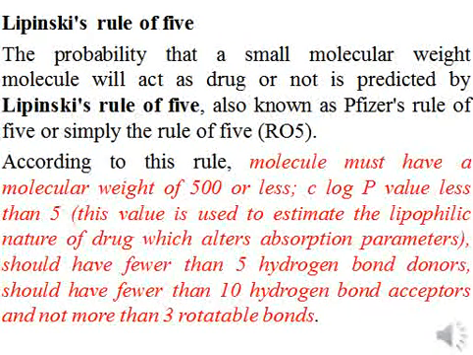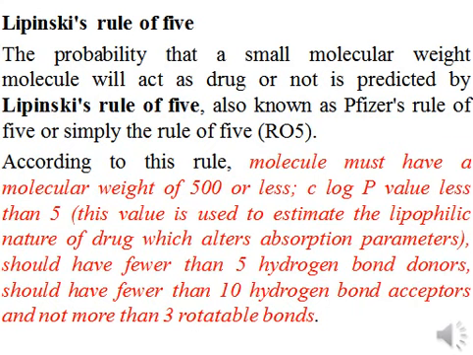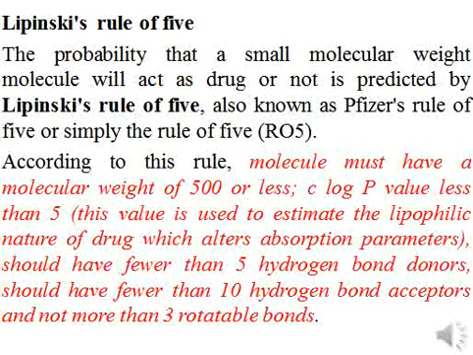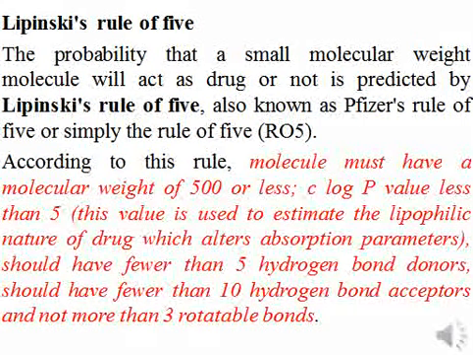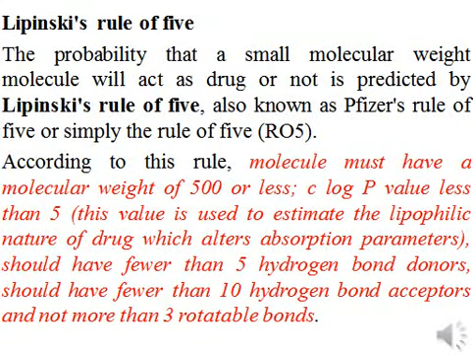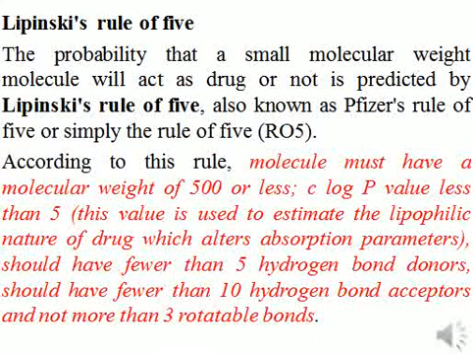So a molecule must be somewhat hydrophilic so that it can dissolve in water, and it must have a lipophilic profile as well so that it can cross the cell membrane, right? So the C log P value should be less than 5, should not be more than 5, and the hydrogen bond donors must be fewer than 5, and the hydrogen bond acceptors should be fewer than 10, because if there are a large number of hydrogen bond donors and acceptors, then your drug will be very, very polar. So if a drug is very polar,